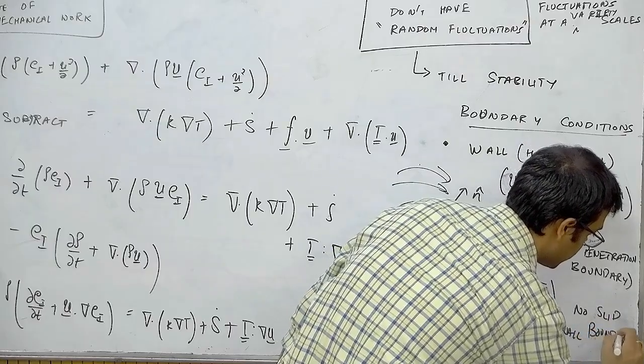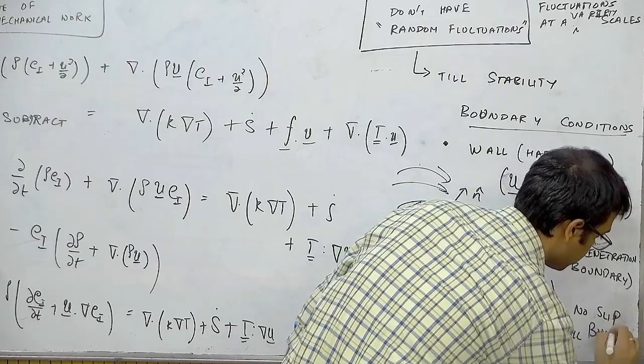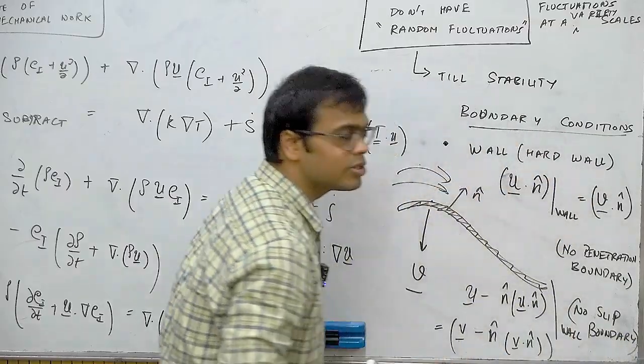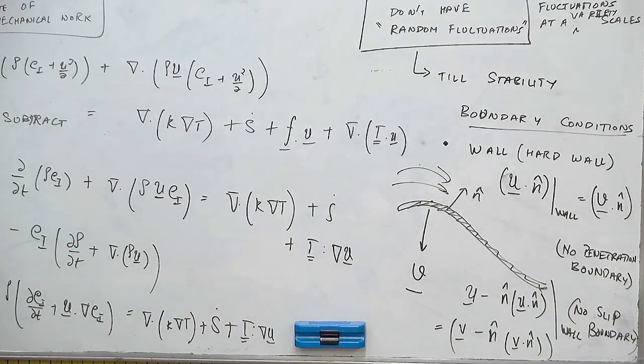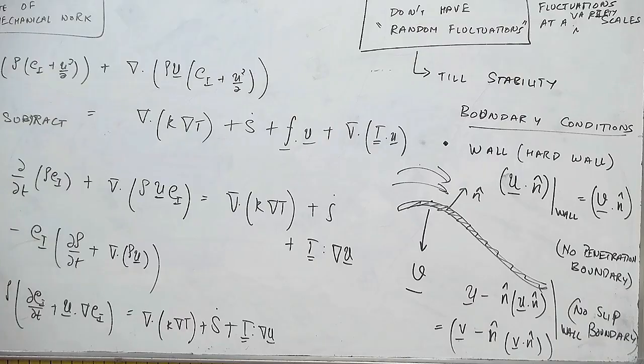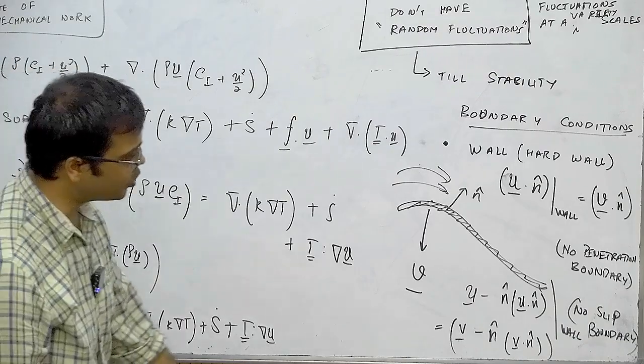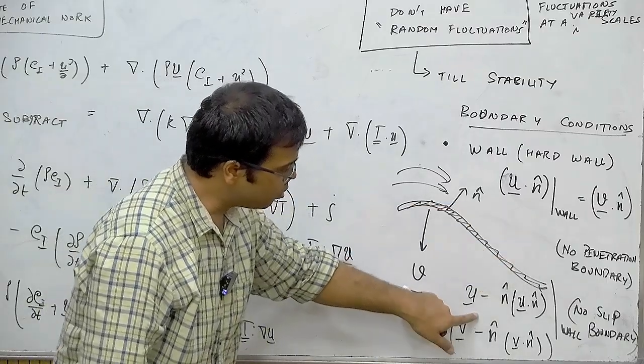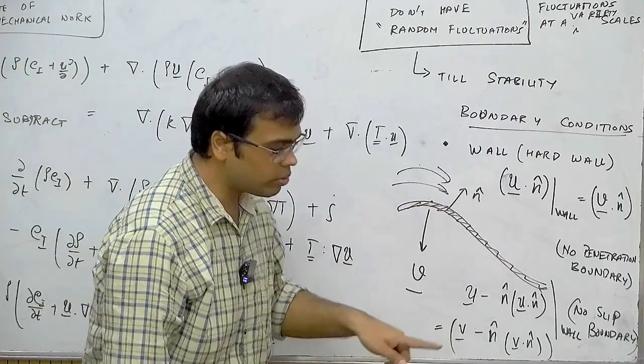So the words are very self explanatory. Okay, there is no slip of the fluid on the wall. Whatever speed of the wall is tangentially, that is the speed of the fluid tangentially. Whatever speed of the wall is normally, that is the speed of the fluid normally. As we move down in the course, we will see that these two, specifically the no slip boundary condition,